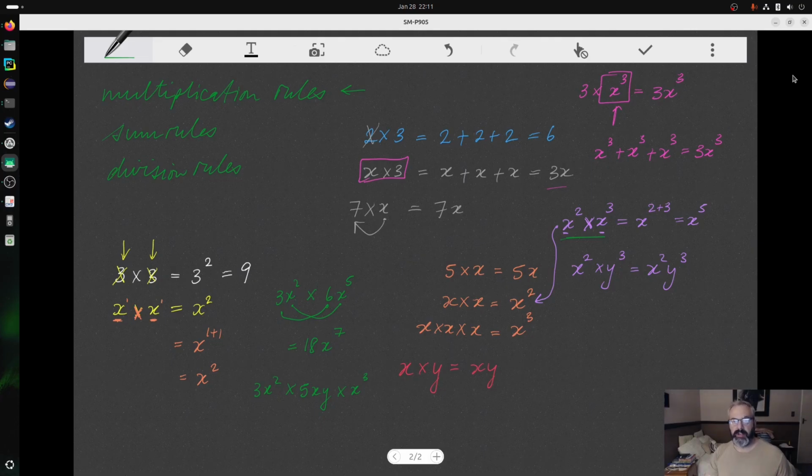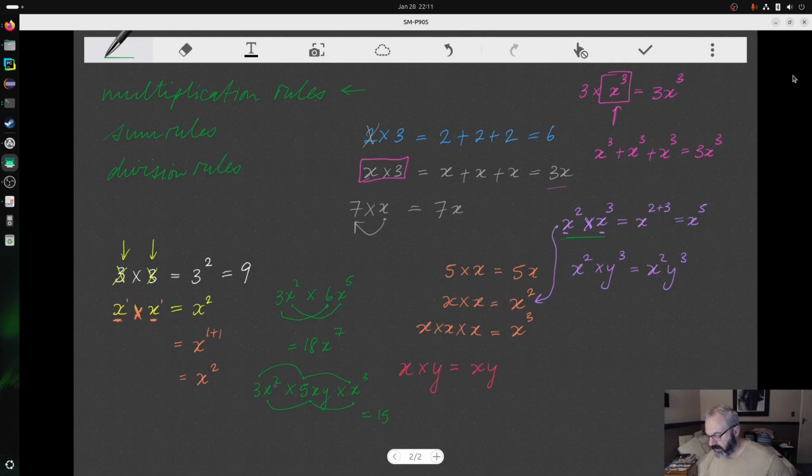But remember now, in a multiplication calculation, what we do is we multiply the numbers and we multiply the letters. So let's see what numbers we have here. We've got 3 multiplied by 5 multiplied by 1. If there's nothing in front of the letter, it means there's a 1 in front of it. And because 1 times anything is still the same number, 1 times 5 remains 5, and 1 times x to the power of 3 is simply x to the power of 3. So I've got 3 times 5 times 1, and that is 15.